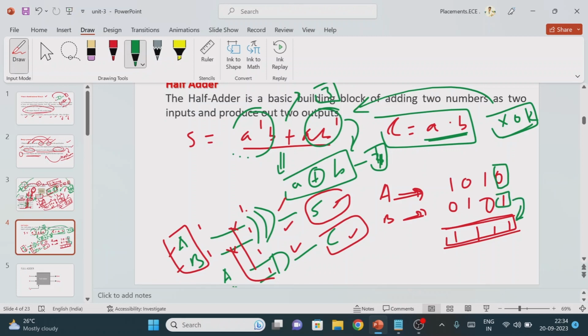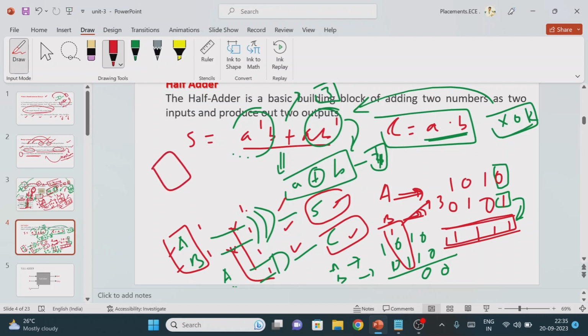Now we will consider one more example. I am considering the A value as 1010 and the B value as 0110. Now try to find the answer. 0 plus 1 means 1, 0 plus 0 means 0. 1 plus 1, what is the answer? Sum equal to 0, carry equal to 1. Now see how many bits we are getting. 3 bits. So the half adder will accept only 2 input numbers, but it won't accept a third input number. What do you mean by this? If carry is generated, then 2 bits become a 3-bit value. In this case, there is no mechanism to add the carry in the half adder.